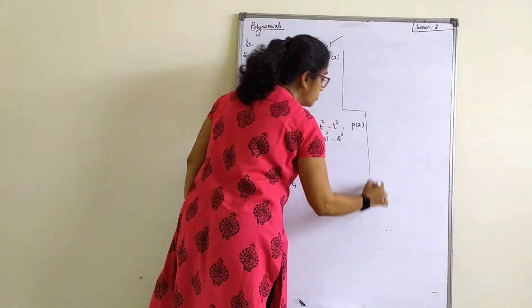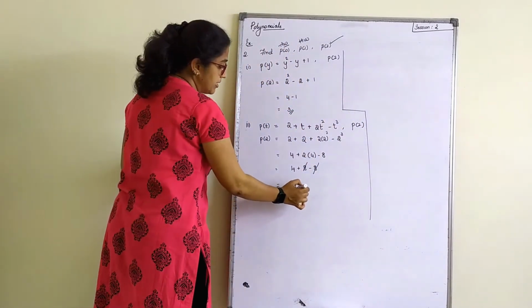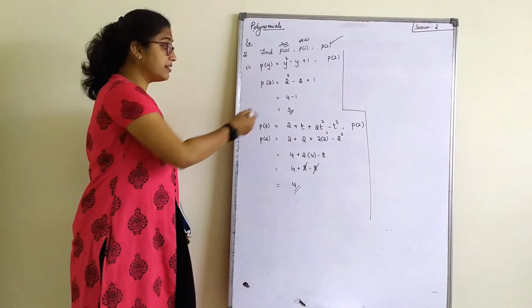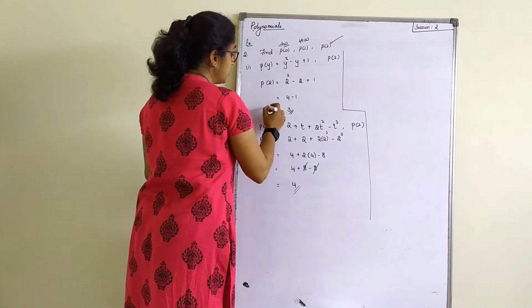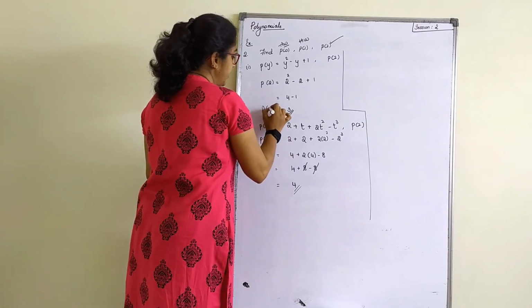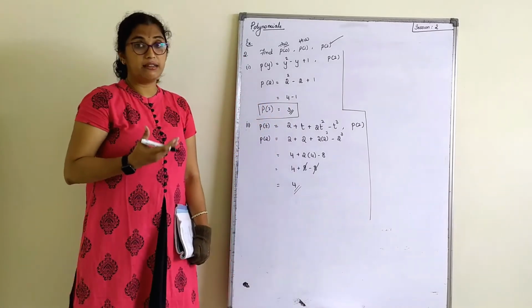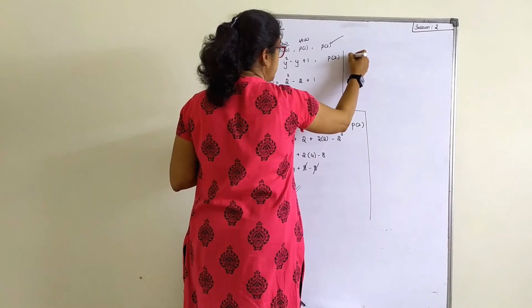So I think I have space here, so the next two I'll do beside this only. Is this very clear? So 4 is the answer. Always learn to highlight the answer either by double ticking on it or by just putting it in a box. So you can again write where P of 2 is this. Always learn to highlight the answer.